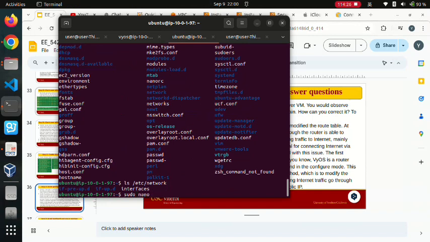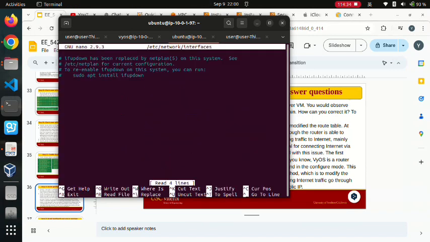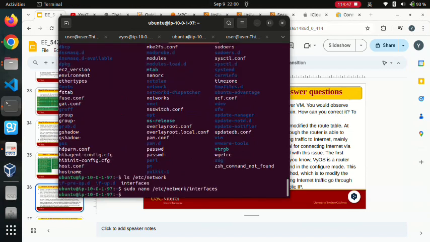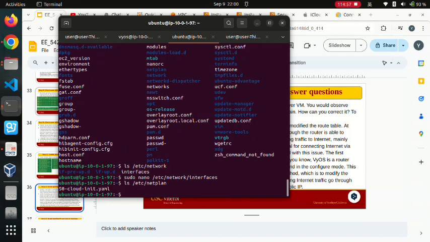Sudo nano etc network and interfaces. Okay, we can go to the next one, netplan, for the current configurations. Let me go to netplan. Okay, this YAML file is pretty crucial. We can use it to